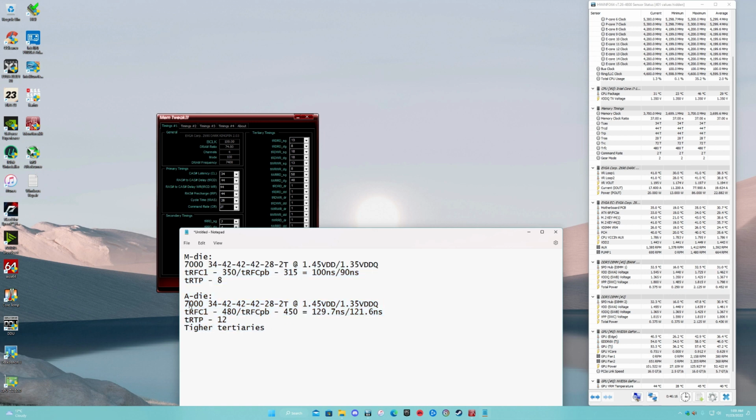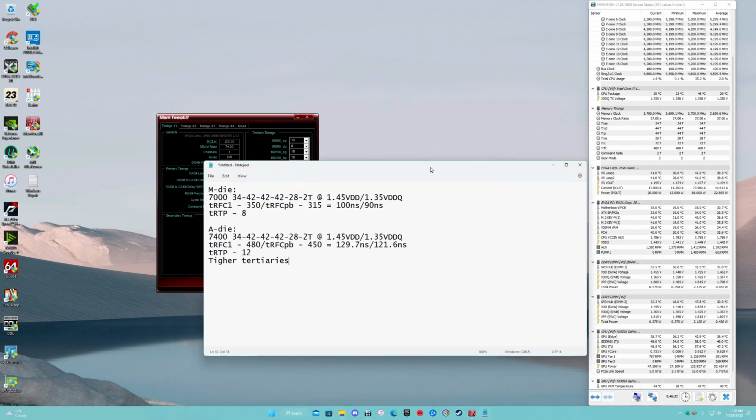And sorry, there we go. MDI versus ADI, same IMC on my CPU. Now, in terms of online results, what's the limit, right? From what I've seen,